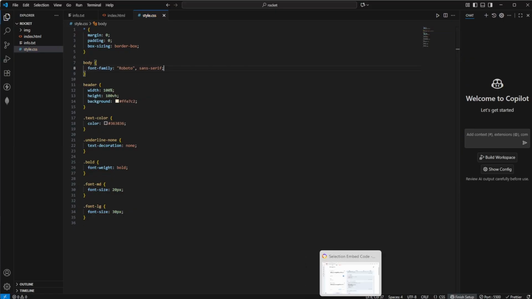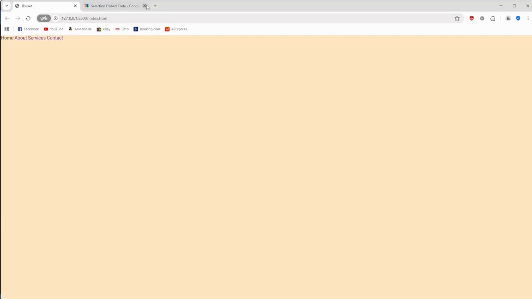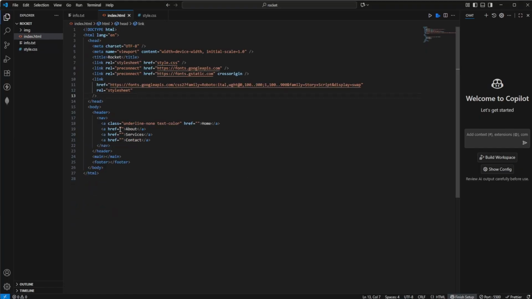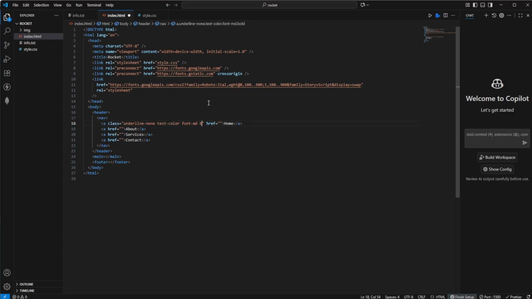Now our fonts should basically all have the font family of Roboto, as you can see right here. Obviously this still doesn't really look too good, so I'm also going to use font-md and bold to take a look at it. And now you can see it's slightly bigger and also has a different font family and a different font weight. But actually I think bold doesn't really look too good, so I'm going to remove this. Also I'm going to use capital letters for this, and now it looks like this, which is a lot better